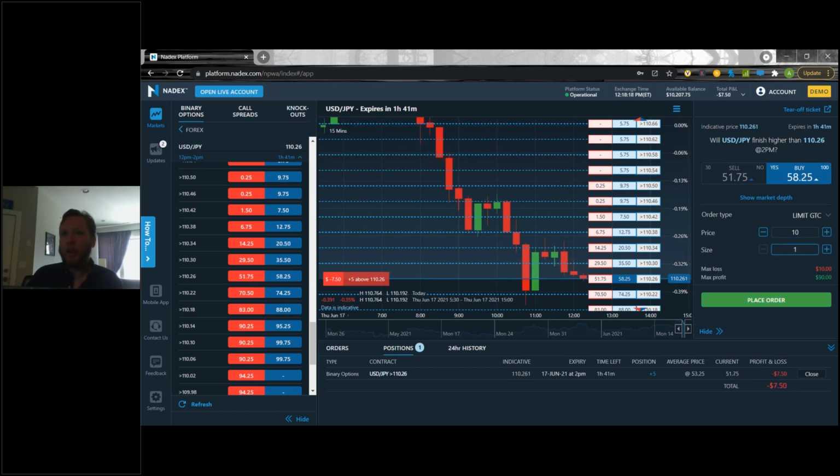We'll go down to 1 just to show you the max loss and max profit as well, because I didn't actually go over that. You can see my max loss right now is $10 and my max profit is $90. I'm paying 10, so that's going to be my max loss. You can never lose more than what you pay to get into the contract, and my max profit is going to be 90, which for all binary options is going to be 100 minus the price you paid to get in, because the max return you could get is $100. So max profit's 90, right?